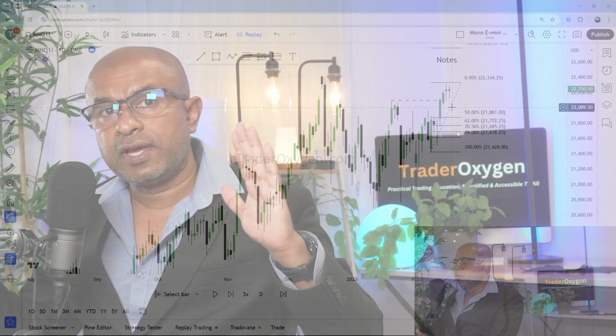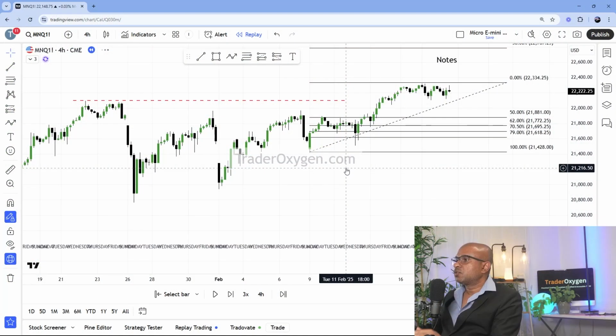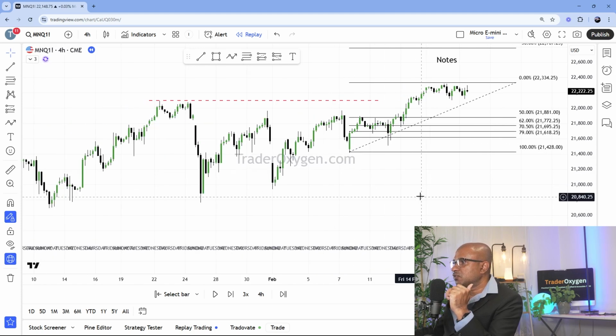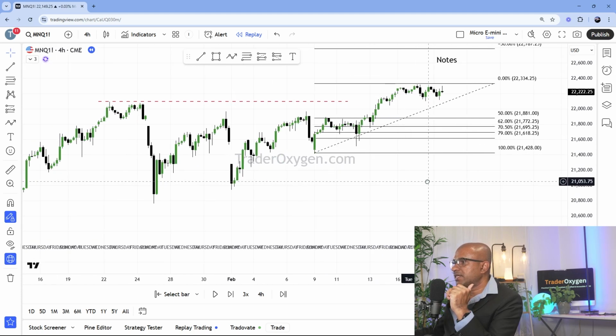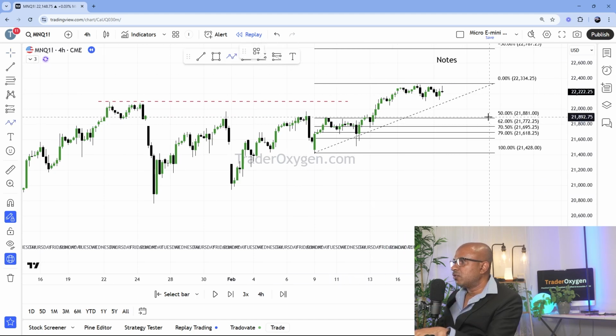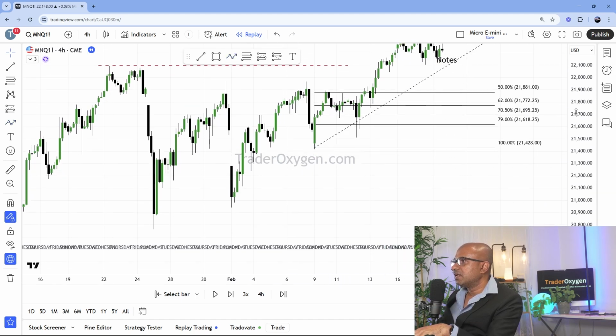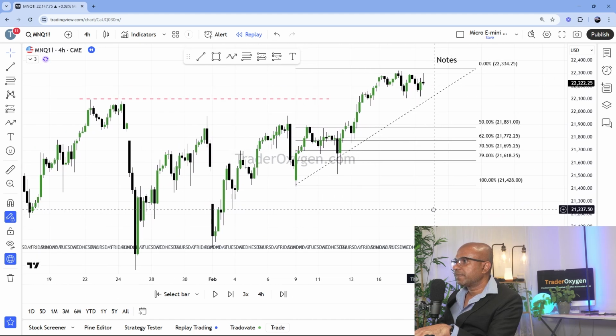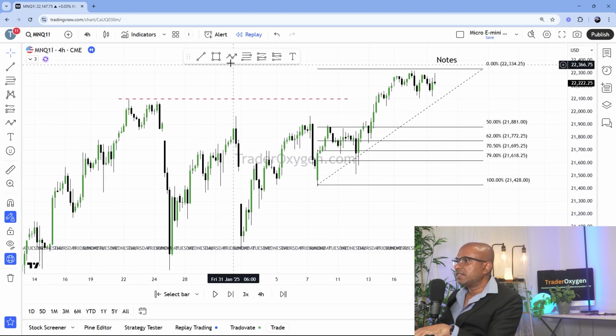Okay, so now let's jump into the 4-hour chart. So now I'm in the 4-hour chart of micro mini Nasdaq index futures. As I said, we are expecting the price to go down into the fib 62%. So if I look into this area in the 4-hour chart, we can consider this as a liquidity hunt